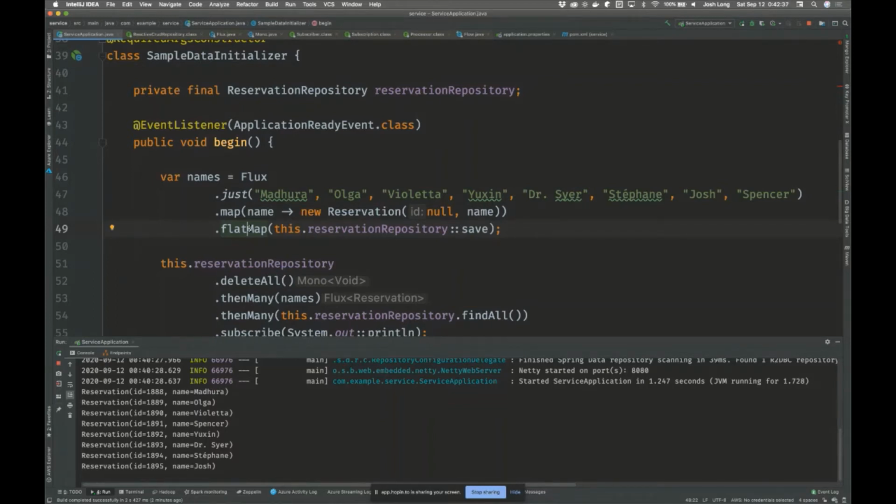Whether you're representing something that you would have thought of as a collection before, or something that is an asynchronous thing, there's no two different APIs. If you want to say, hey, I've got some data coming in the future, but it's not here right now, then you use a reactive stream. If you want to say, I've got something that has just a little bit of records, a little bit of data, and it's all here right now, you also use a reactive stream. Your life becomes very consistent, very simple when you use reactive programming.